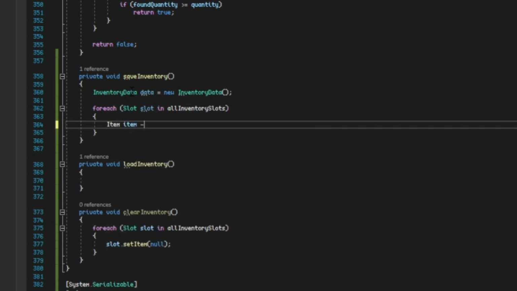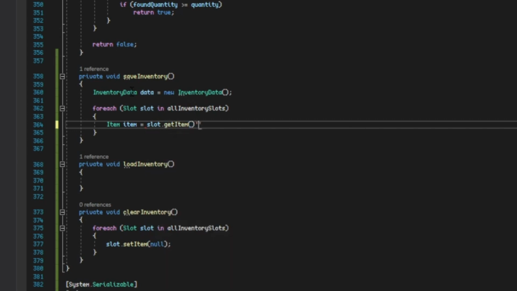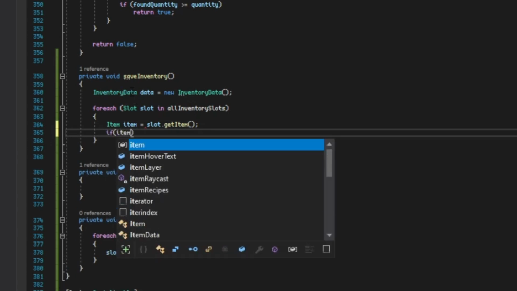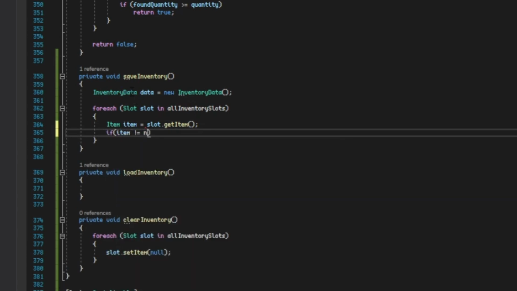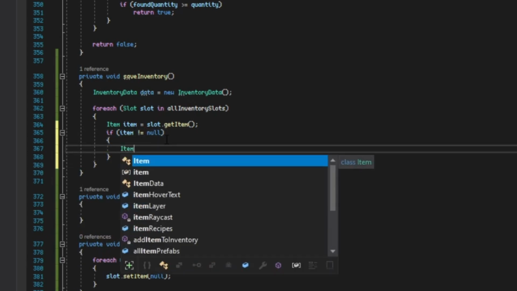Item is equal to slot.getItem. We are getting the item in the current slot that we're looking at. Then we're just going to do if item doesn't equal null, so we did actually get an item to look at. We're going to do item data